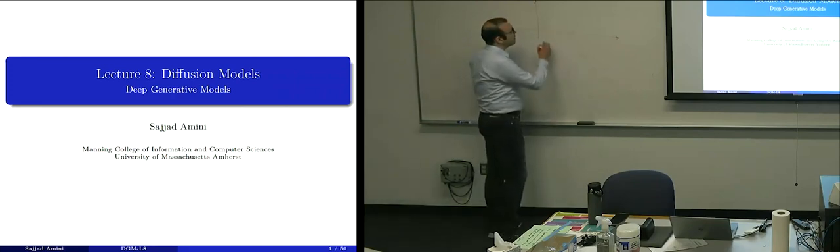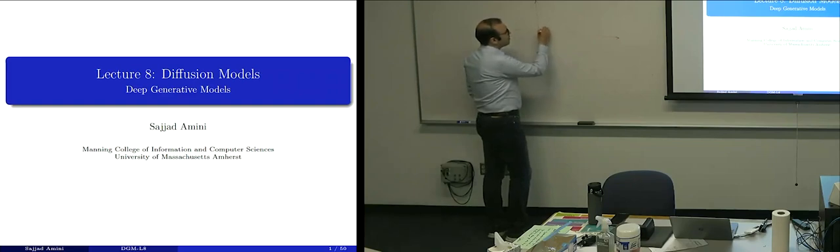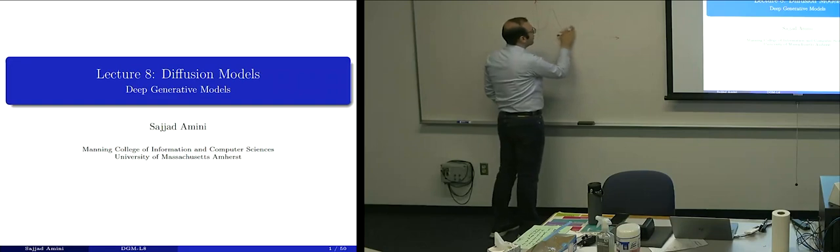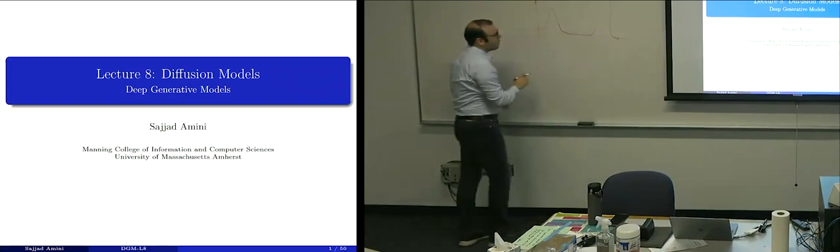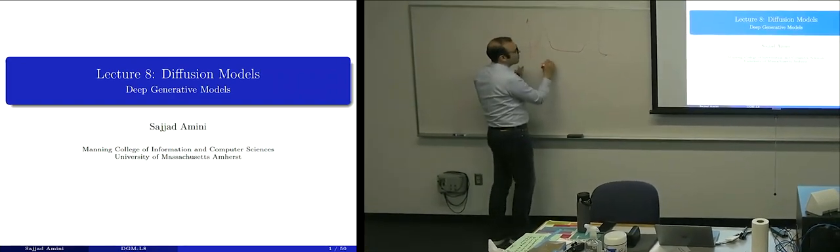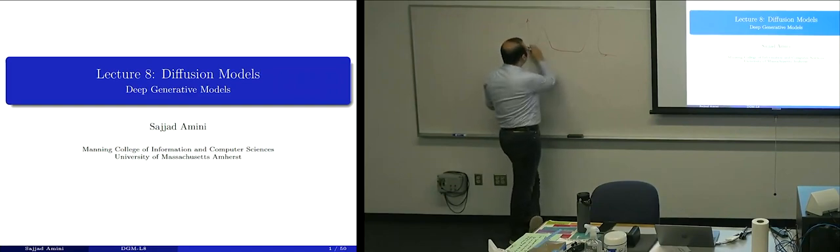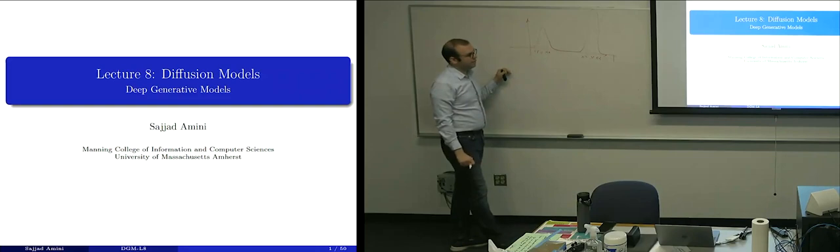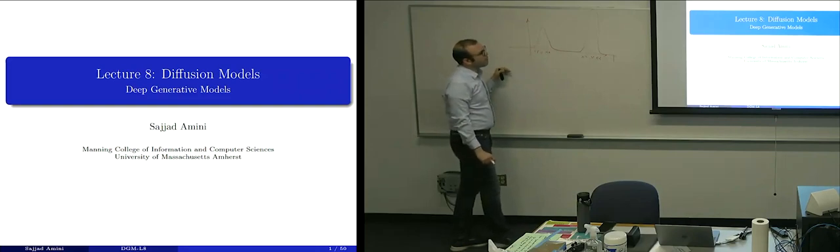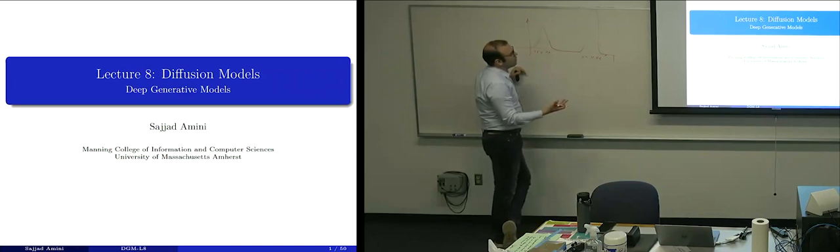What was the problem there? Assume, for example, I have the mixture of these two Gaussians. If I start with, for example, uniform samples in the space, uniform in this area, at the end of the day, I will have an almost similar number of samples here and here. This was the problem with slow mixing. Okay, but we see that if we start with a noisier version of the data,